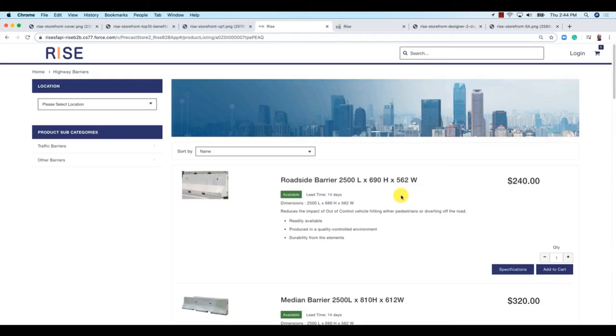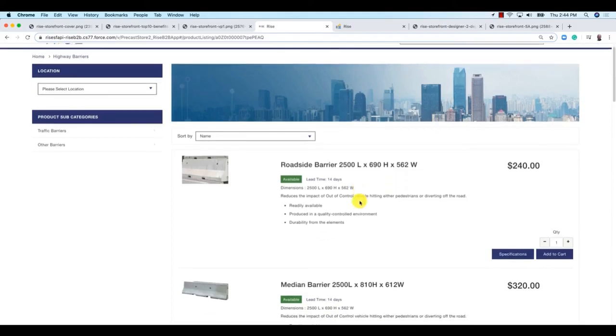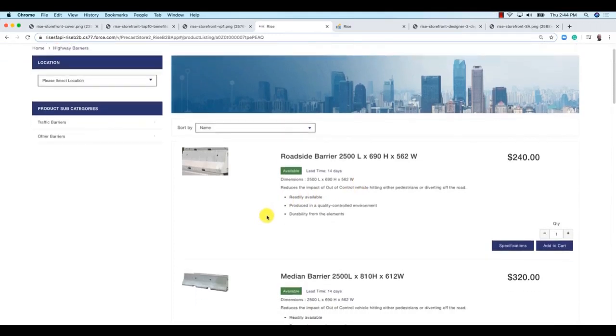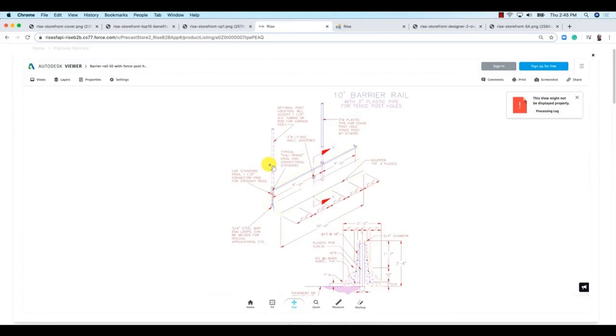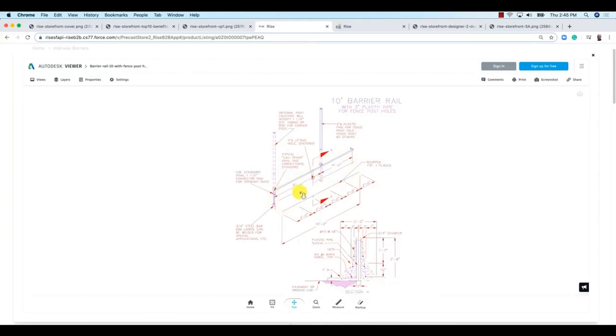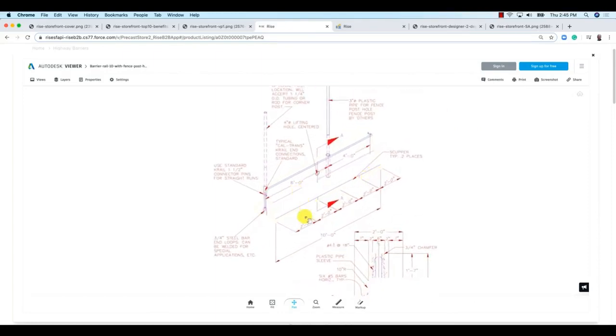To understand inventory and find the products, there is an interface that goes out to the regional context to be able to find your lead times based on, obviously, what you're buying and how many you buy. Now, in this example, we can show a couple more kind of cool things if you look at the specifications. So here we are. The 3D viewer has launched. In this particular case, it's a 2D rendering of a 3D image, and this is a small example where you can navigate your image, and you can use measures and do markups, etc.